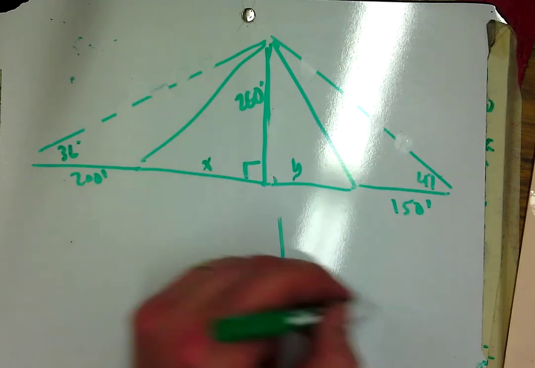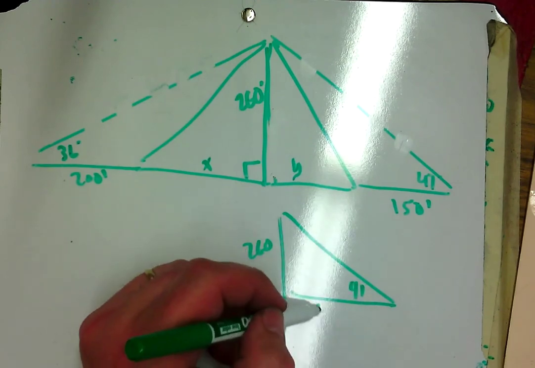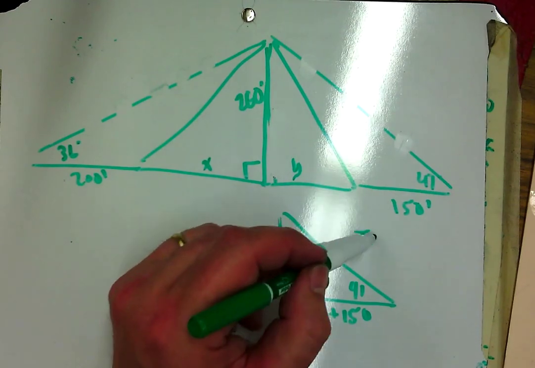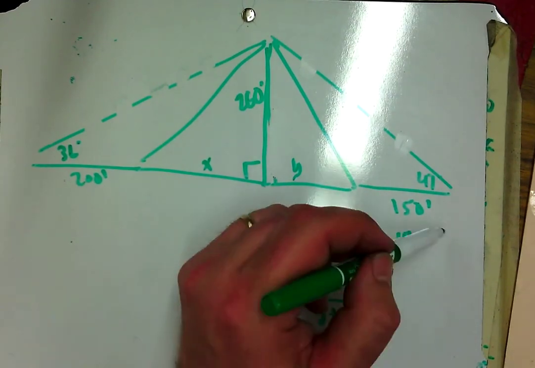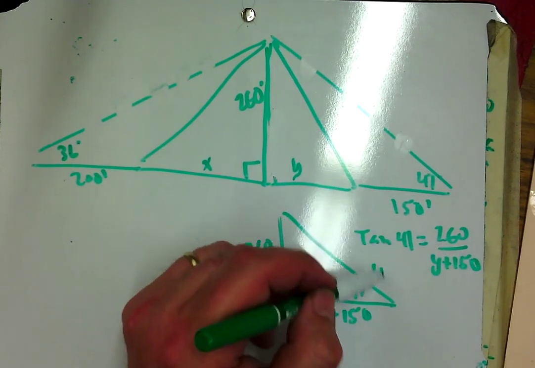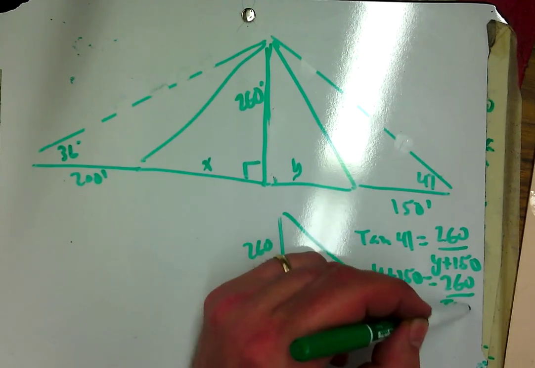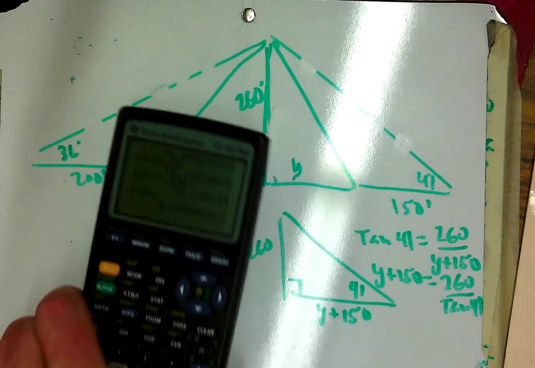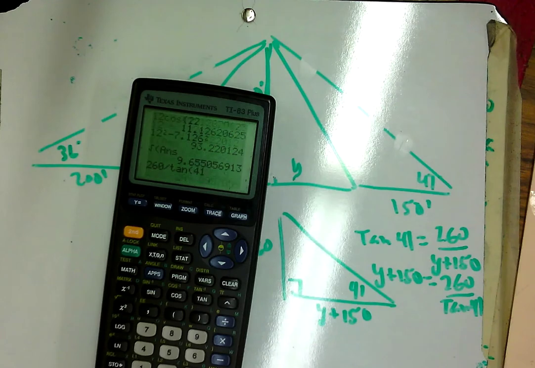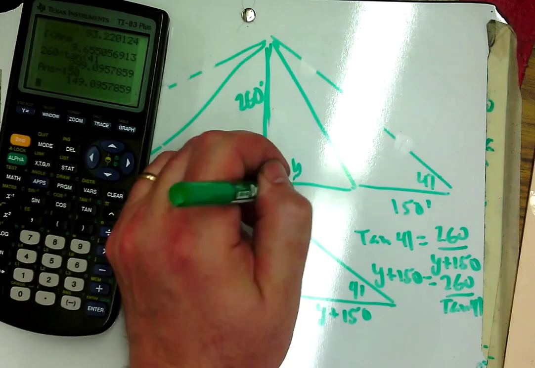I can say that there's this right triangle with 260, 41, and y plus 150. So if I do a tangent equation here, tangent of 41 equals 260 over y plus 150, I can say that y plus 150 equals 260 over tan 41. So 260 divided by tan 41 minus 150 tells me that y is